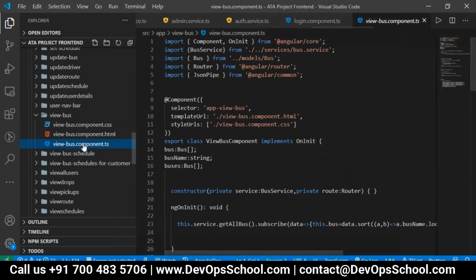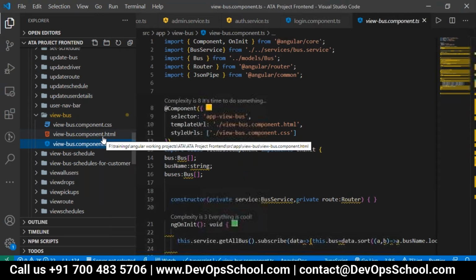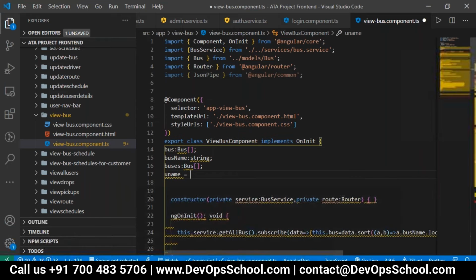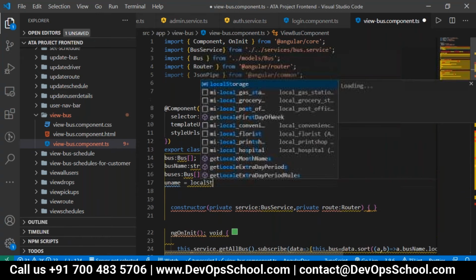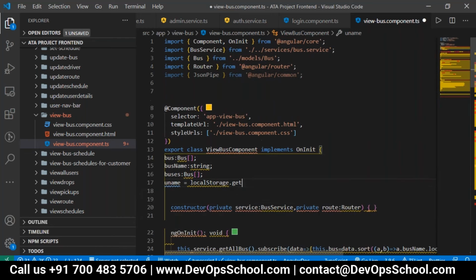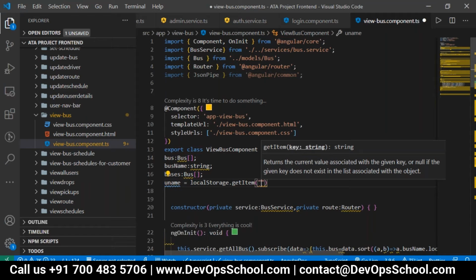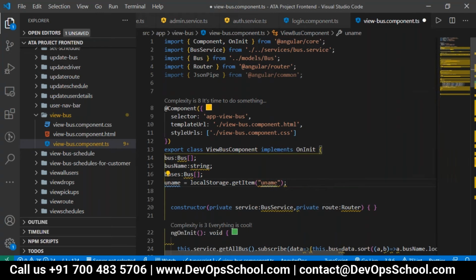The view bus component is where we will take uname equals to local storage dot get item, which is uname, and we want to display it, or we can update the nav bar itself.